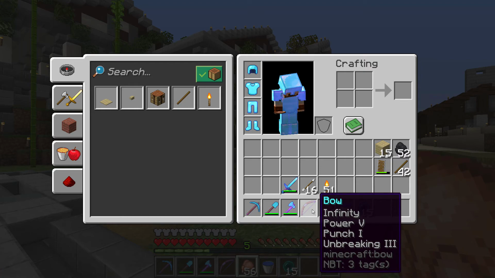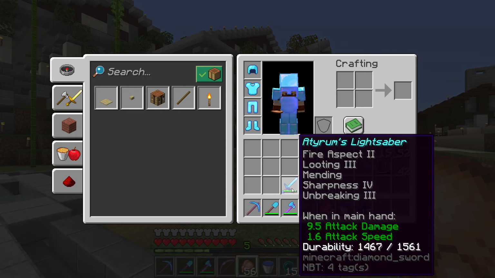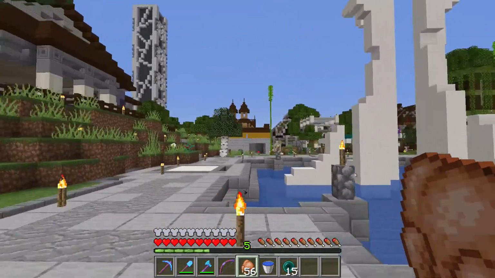Still need to add one more thing to the bow. I think it's Flame, and then I think Punch can also go up to 2 if I wanted to. My sword also needs Sharpness 5 still, and I think swords get one more enchantment. It might be Knockback, and I don't really want Knockback on my sword, so we'll just...